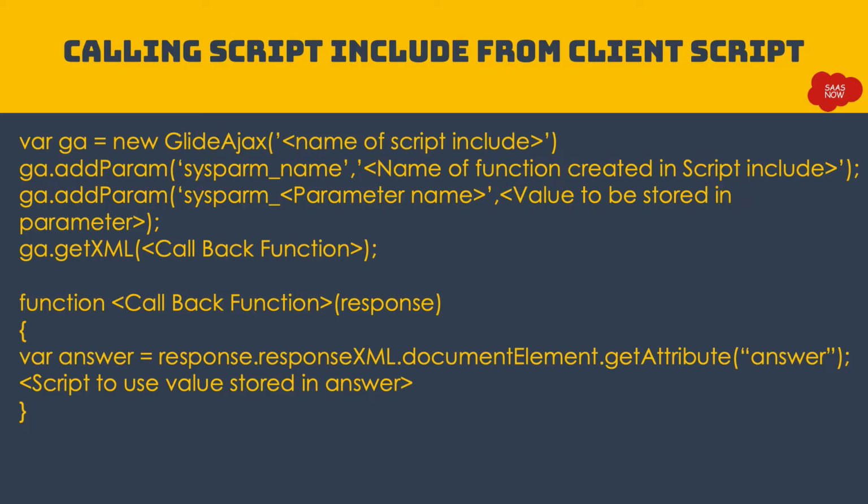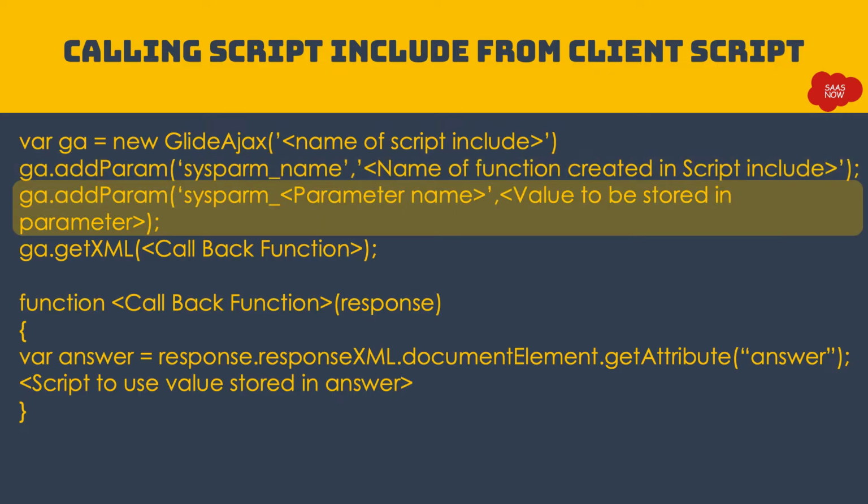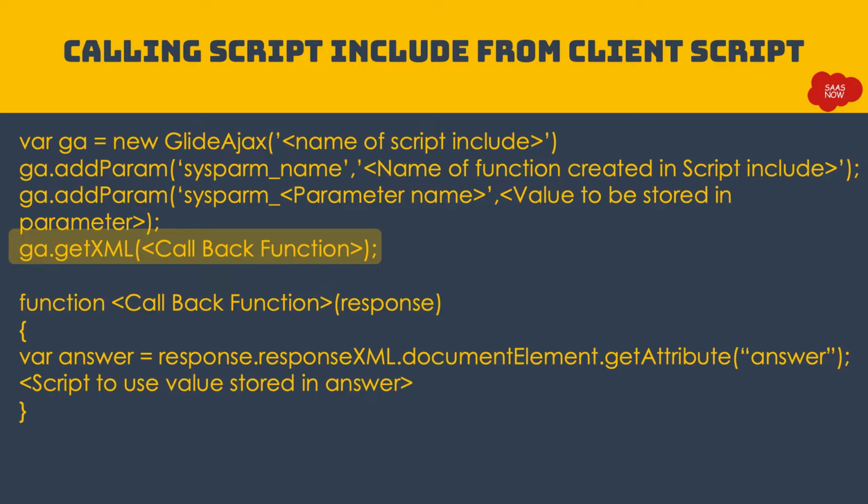Calling script include from client script. Once you create the script include, you can call it from a client script. You create a GlideAjax variable in which you call the script include. Then you add a parameter to call the function mentioned in the script include. Then you also add a parameter which you want to send to the script include. So you capture it on the client, send it to the script include, and then you make an asynchronous call to your script include, like